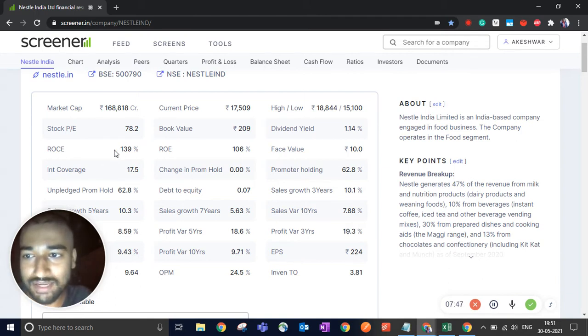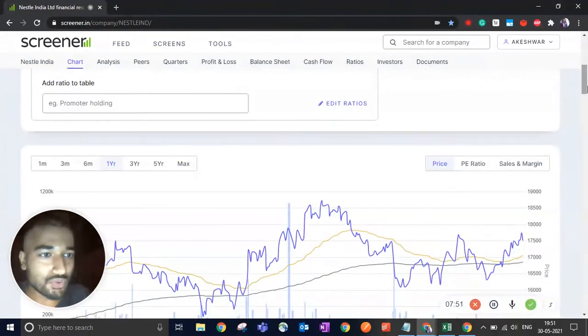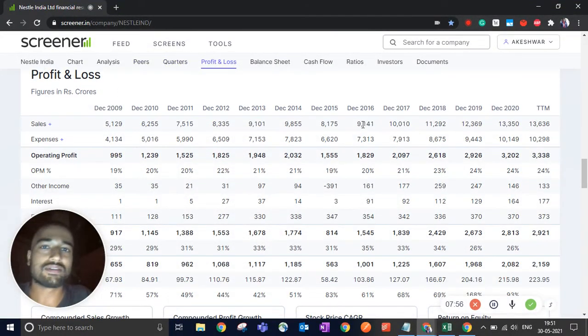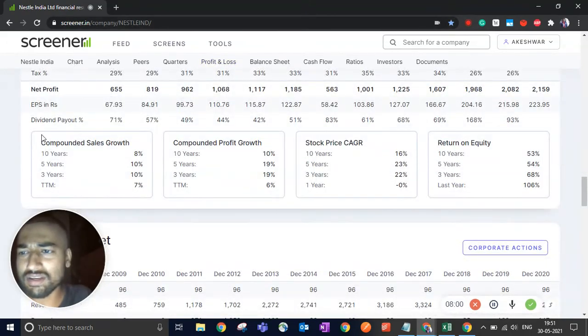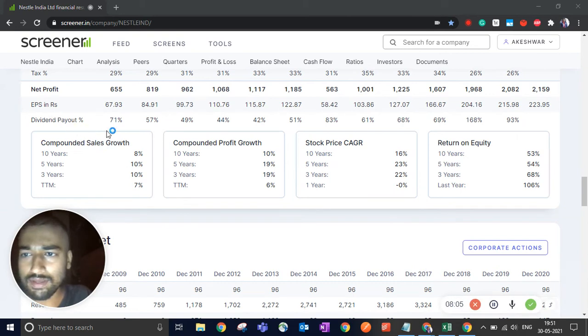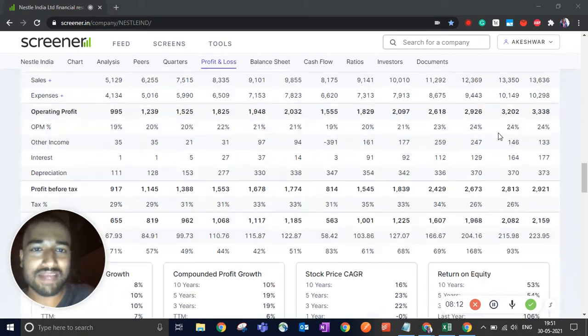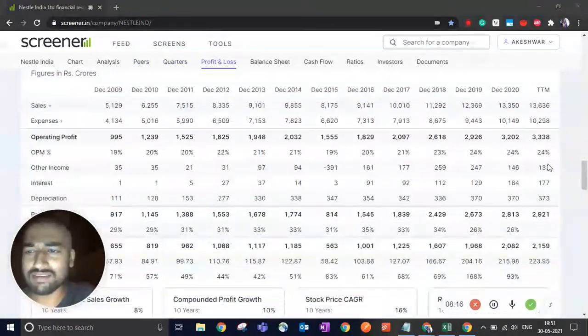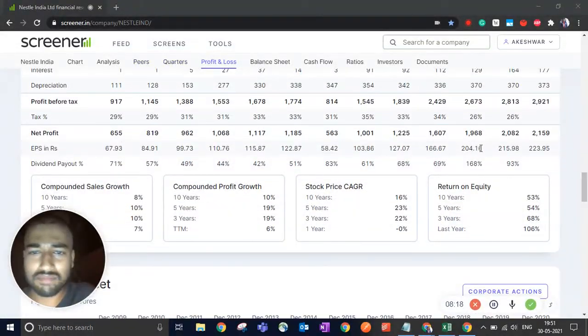Now here is a catch between ROCE and ROE. The catch is you should always be looking into the profit and loss statement. In the profit and loss statement, if you scroll down, this is screener.in, you will see that there is a dividend payout percentage. It tells you, of all the income that the company has generated, the net profit the company has generated. Where is it, the net profit? Here it is, the net profit,